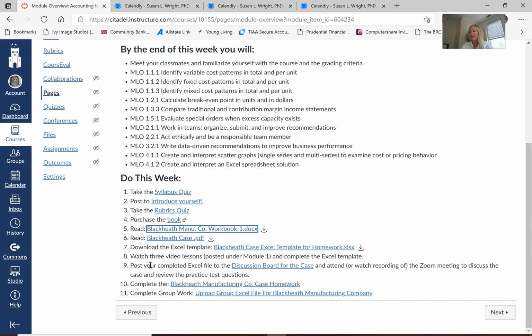And then following that, I have an optional Zoom gathering. I do that every time that an individual assignment is due. So we'll meet before the due date for that individual homework assignment, and we'll spend about an hour together. A couple of things I want to do during that meeting: 1, answer any questions that you might have about the case, and then 2,